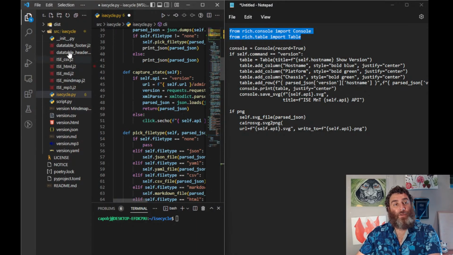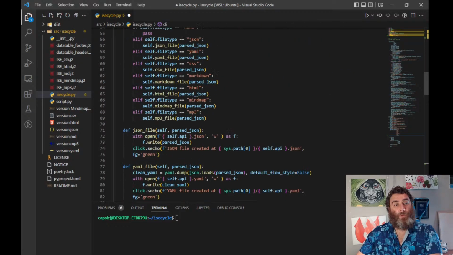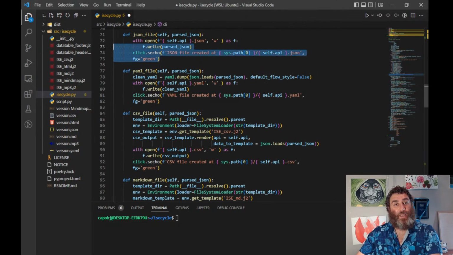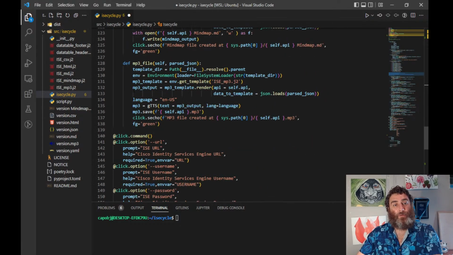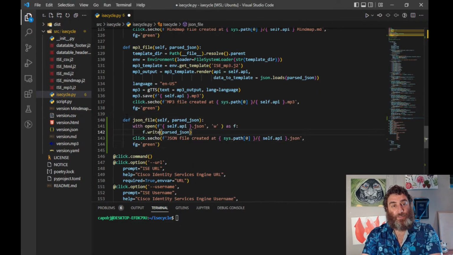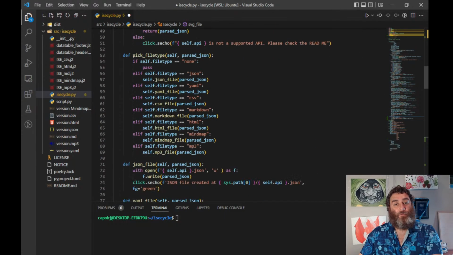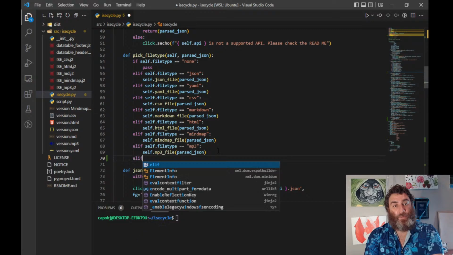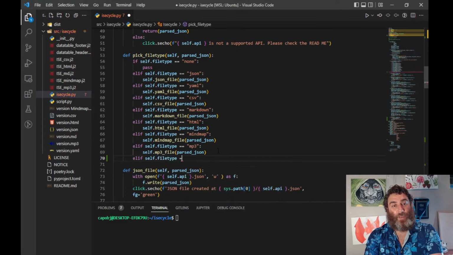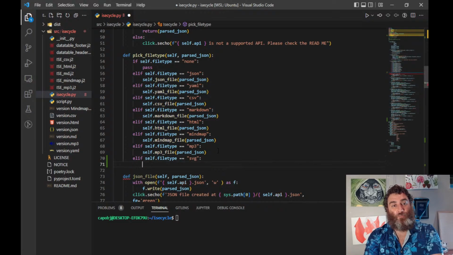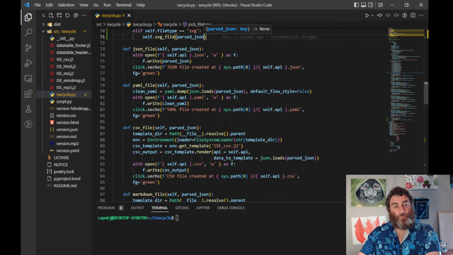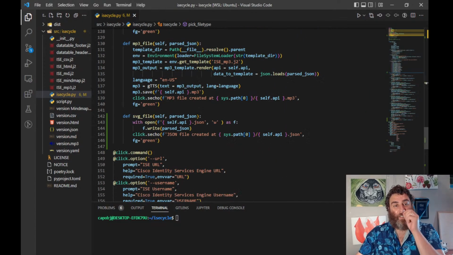And what we're going to do is copy and change. So let's just take the JSON file and let's call this SVG file. And we'll come back to this. We have to add our logic at the top here for our file type picker. So else if self.fileType equals SVG, self.svg_file. We're going to pass that the parsed JSON. So now for the SVG file,